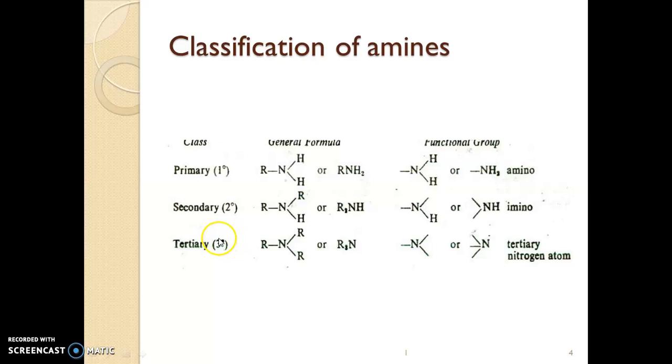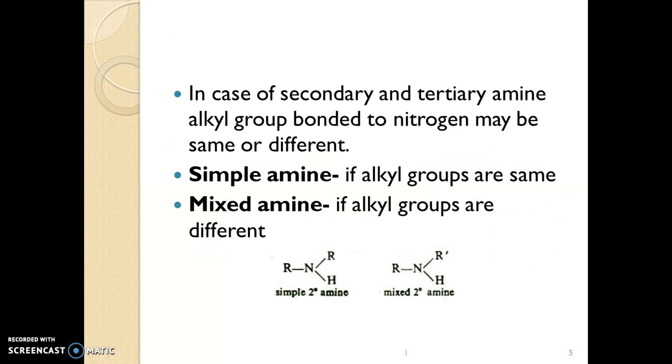Now in the tertiary amine, the general formula is NR3. So 3 alkyl groups attach to the nitrogen, that's why it is R3N, and this functional group N is the tertiary nitrogen atom. Now in the case of secondary and tertiary amines, the alkyl groups attached to the nitrogen may be the same or different. So as we can see in this structure,